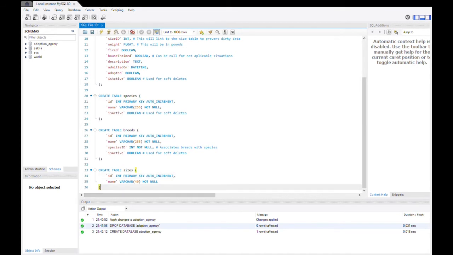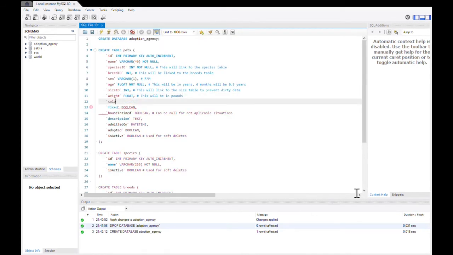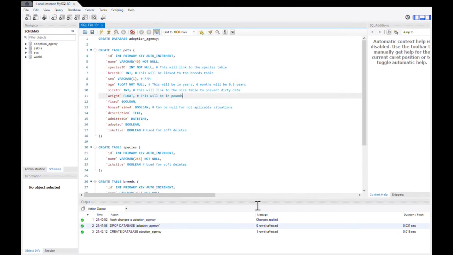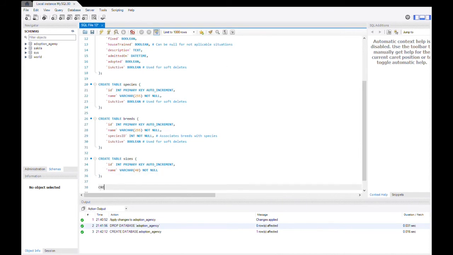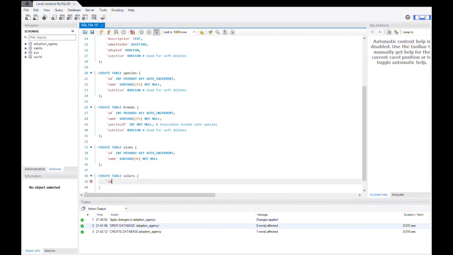It was about this point where I realized that the pet should probably have a color associated with it so that users of the site can filter based on their color preference for different pets. So I went ahead and added the colors table here. It's going to be super simple still. ID, that's just going to be the primary key. Name, that's the color that it's going to be. And the isActive